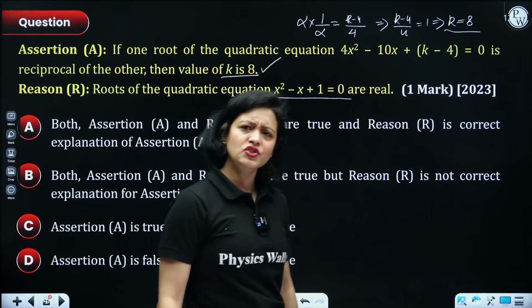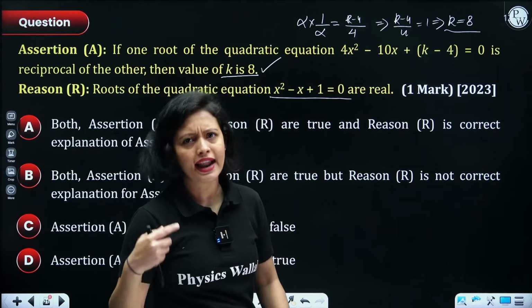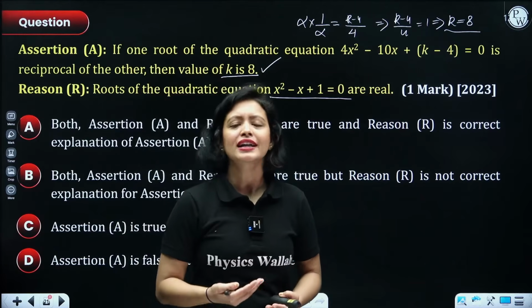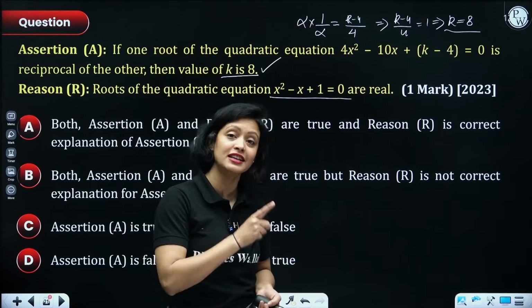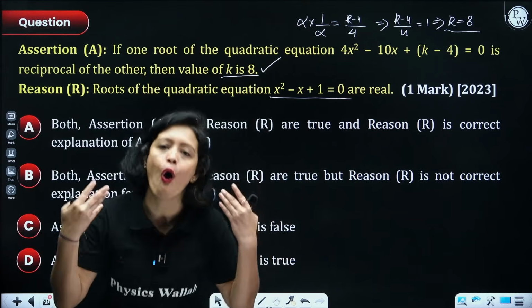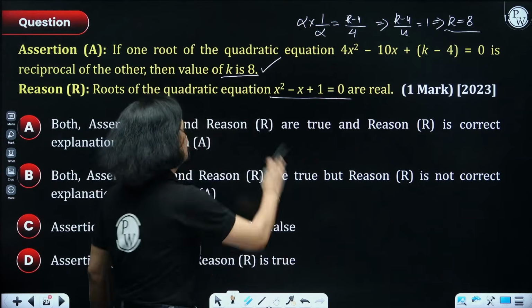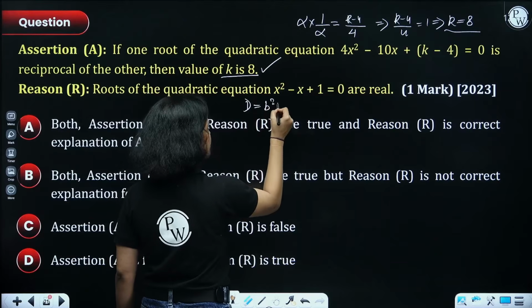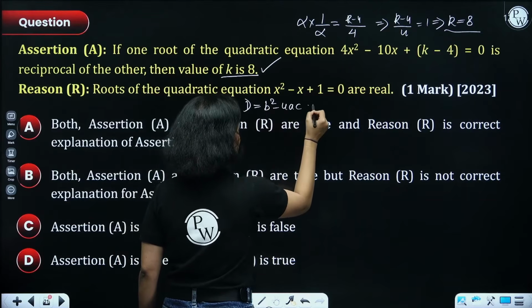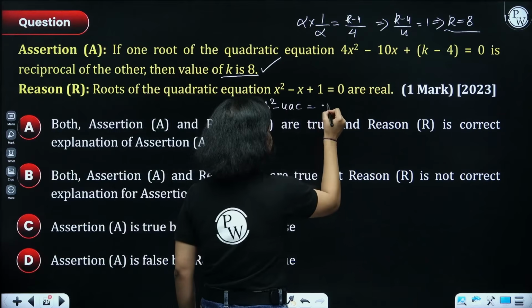So, let's check whether the roots are real or not. And we know the way to check, right? All we need to do is figure out the discriminant. If the discriminant is either greater than 0 or equal to 0, then the roots are obviously real. Okay? So, let's figure out the discriminant, everyone. b square minus 4ac, which will be equal to what? Minus 1 whole square